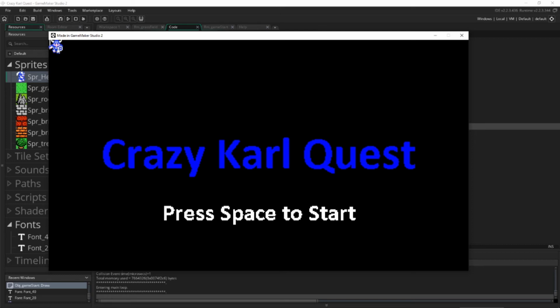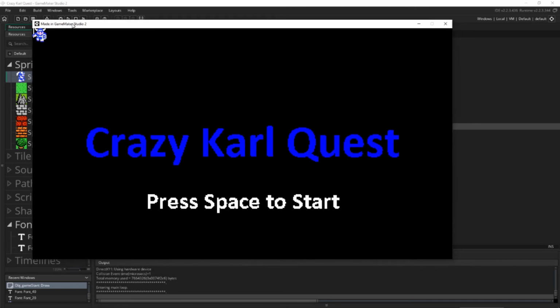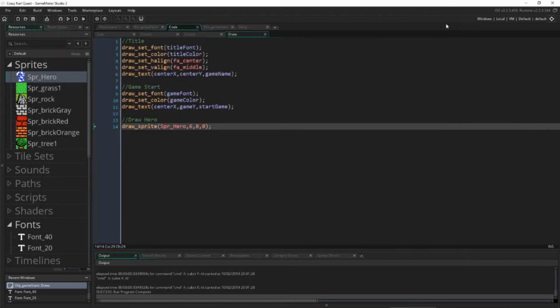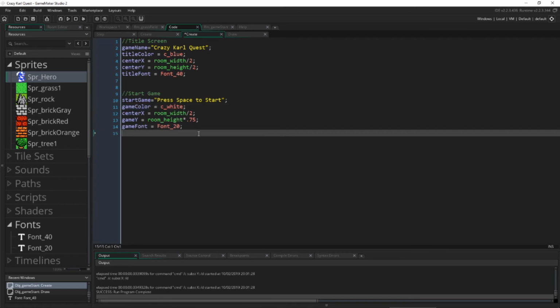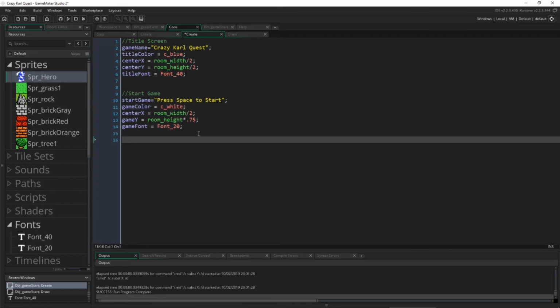Cool. However, I'm thinking of drawing him next to the press space text. I want one on the left and one on the right. How can we achieve that? How can we figure out the exact location without guessing, without just putting in numbers over and over to figure it out? Can we do it mathematically in a smart way? Well, there is actually, because there is a function called